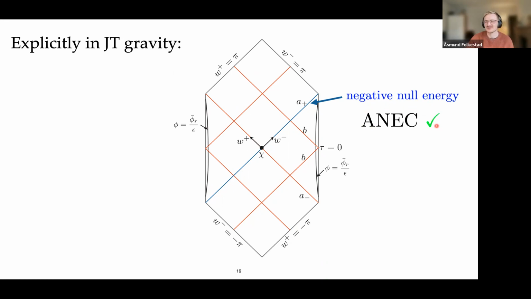Actually, it looks kind of nonsensical for me to say that here, because as you'll see, I've terminated spacetime on these lines here. So where are the complete null geodesics to test the ANEC on? Well, 2D gravity is a little bit special in that the metric here is just pure AdS, and I can just look at the quantum state of the quantum fields that live in the bulk, forget about the dilaton and gravity and holography, and just study these regions I cut out here and look at the stress tensor of the quantum fields. You will see that if you trace a complete null geodesic like this up here, the ANEC is satisfied. So that's just an extra consistency check.